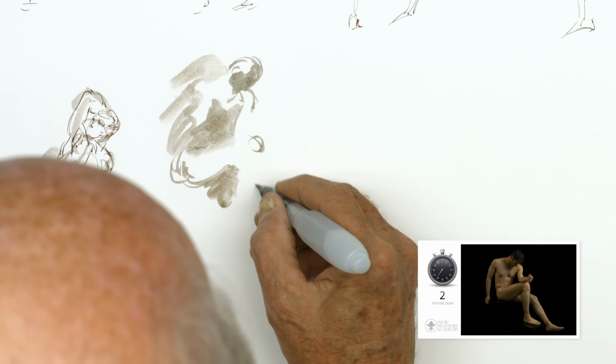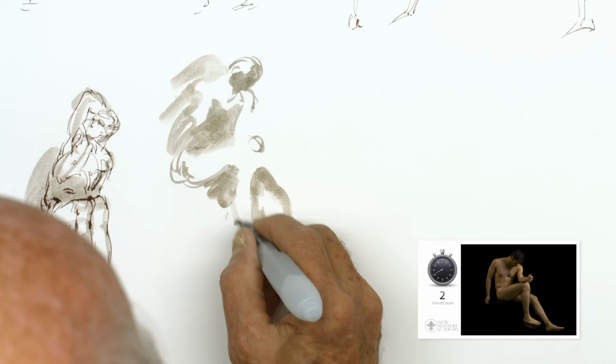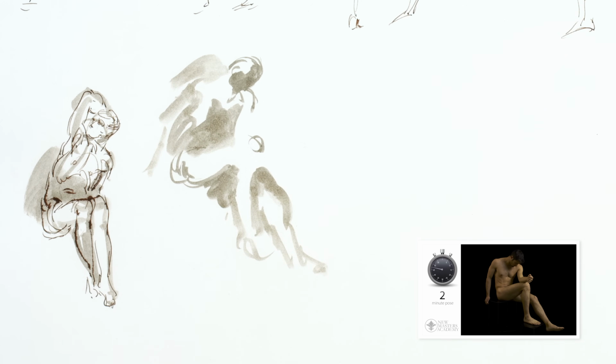pull, atmosphere, going over and around. So already at this point, you can get a pretty strong sense of what that pose is going. So now I'll take and go back in with the pen